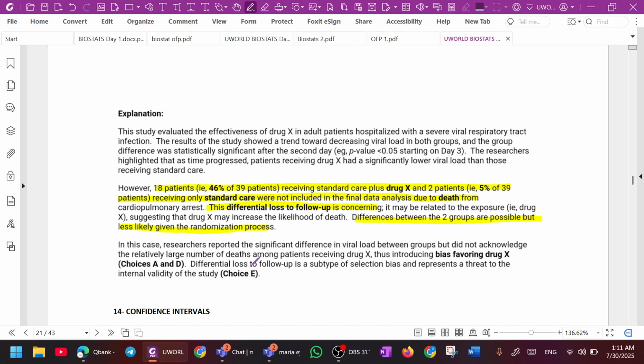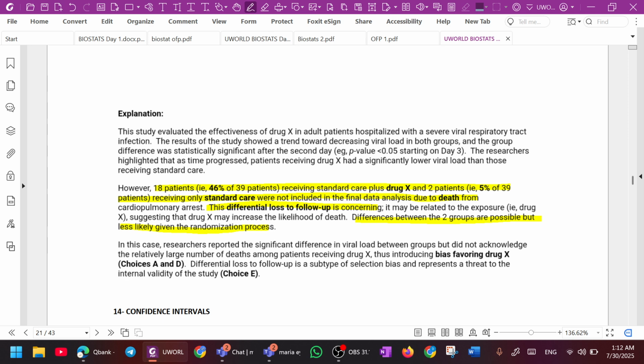Large number of patients lost to follow up. Look at here. So 78. Wait, what's 78 divided by 2? Yes, 78 divided by 2. It's 39, sorry. So each group had 39. The group with the treatment had 39, and the group with the placebo, or not the drug, whatever, placebo I guess, had 39. So they both started with the same amount.